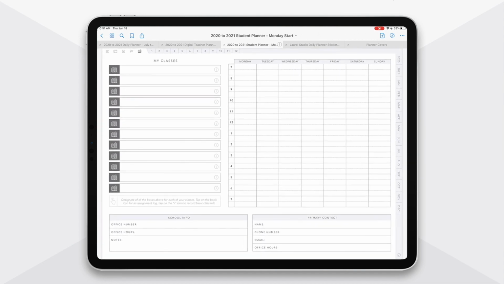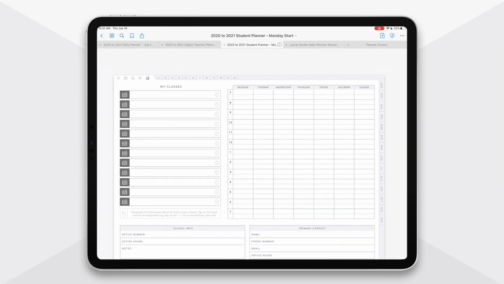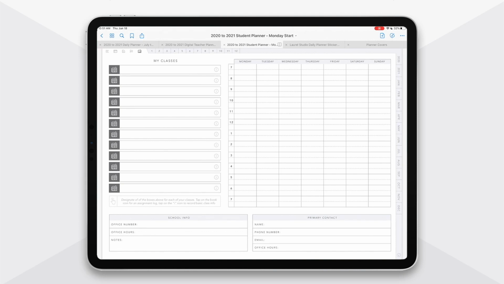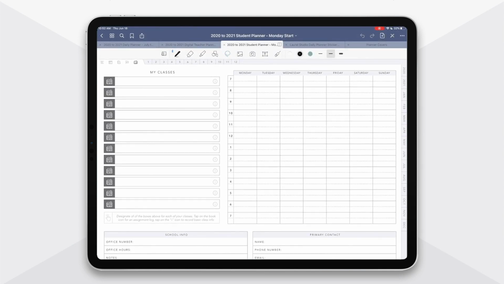Now, this is your My Classes section. And so this is an addition in the student planner to give you the ability to really organize your class info and manage it throughout your semester. So you can use this schedule area over here to give yourself kind of an overview of your schedule. And then you can designate each of these boxes for a specific class. So if I just designate this box for my English 101 class,